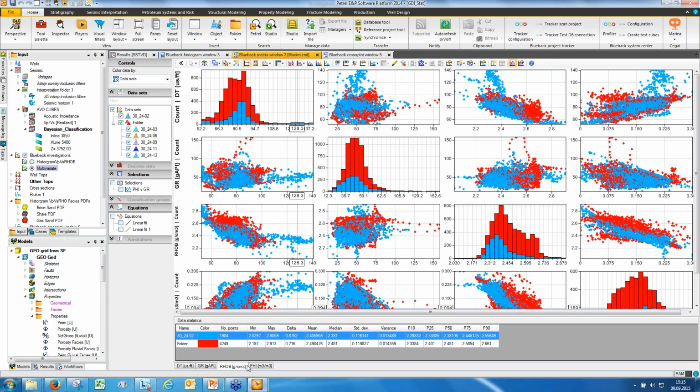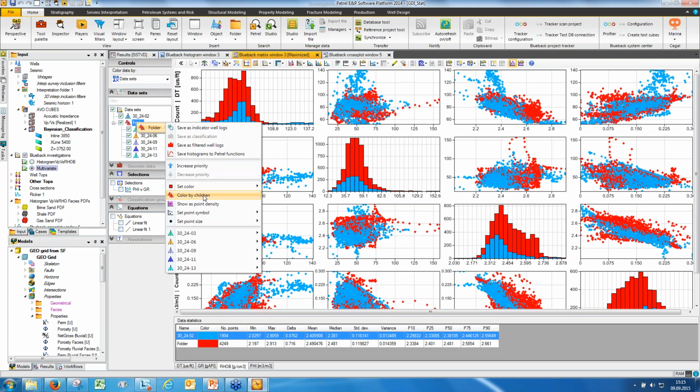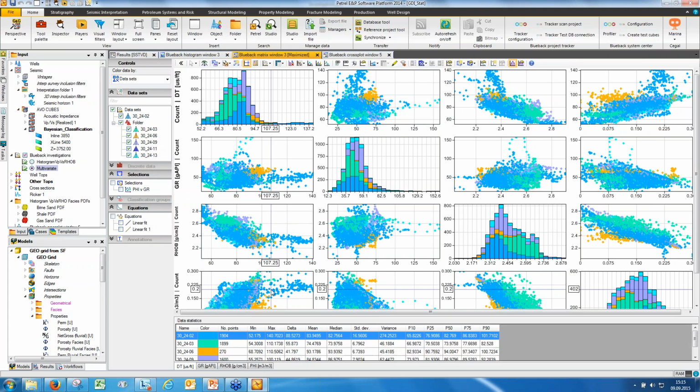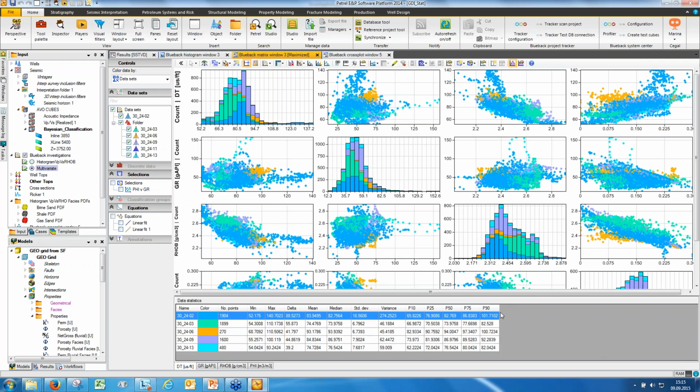It's also important to note that the statistics follow the selection that you have, so you can toggle things on or off, and I can also use this folder wells and color by children, which will then give me a table of statistics for all the wells in my investigation. It's then possible to, for example, sort by any of the values in this table, and in fact maybe I can investigate the high variance in some of these wells, and I can make use of a tool here known as the highlighter,